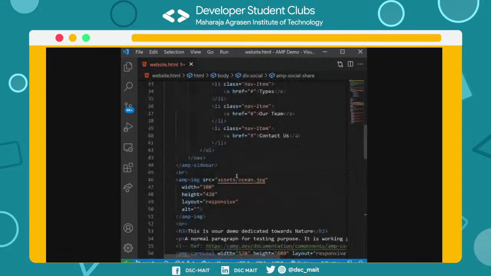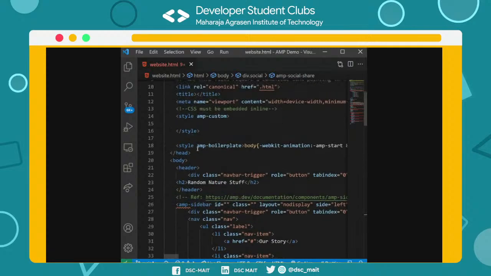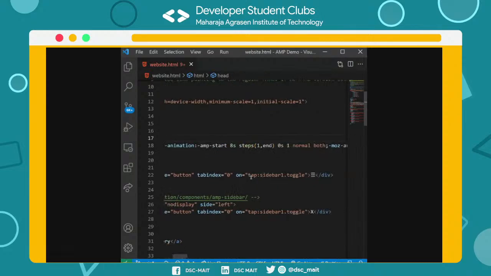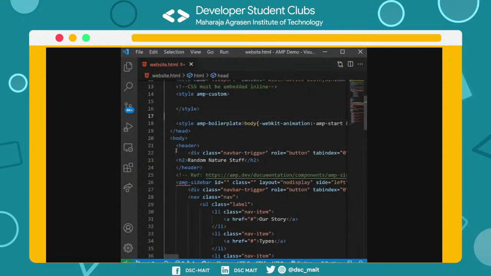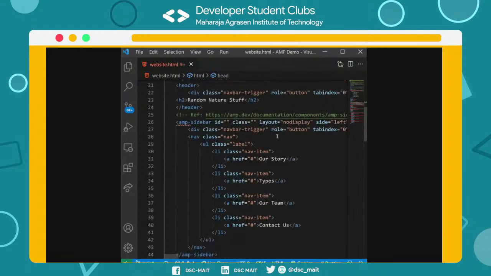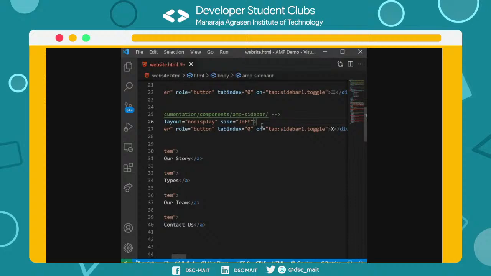Okay, so we have covered most of the structure, the bone structure. As you can see, here is the AMP boilerplate I was talking about. You can just copy paste it. There is no need to randomly rewrite all of this. For the header, we have seen that random nature stuff. We have made a sidebar which has one hamburger sign, and one to close it, and a main important attribute is